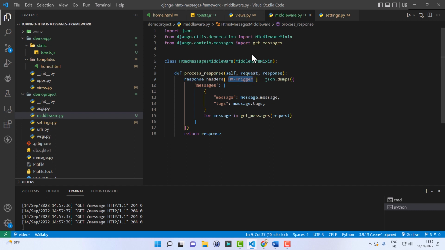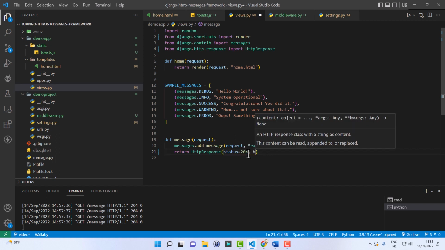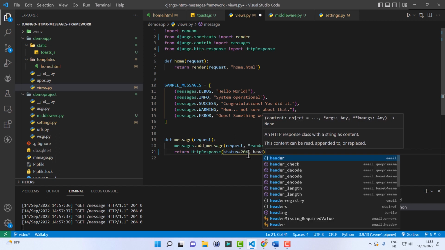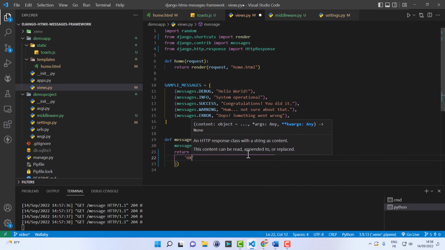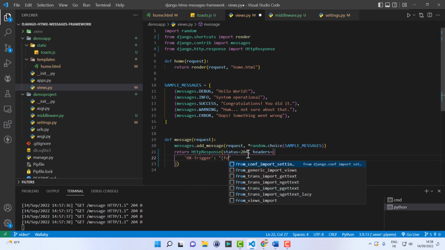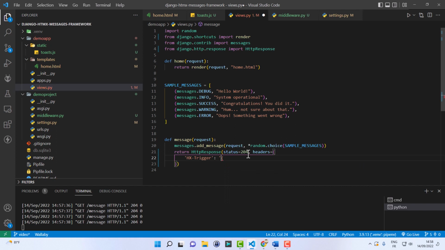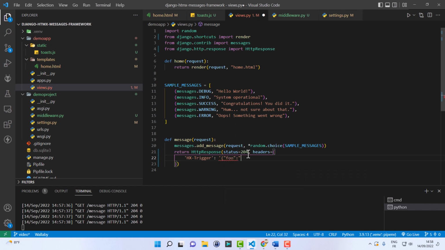Now, what if the view itself sets something in this header? Let's imagine that the header here, let's say we included the HX-Trigger for something else. For example, we could include foo, this has to be a JSON string, so foo bar like this.